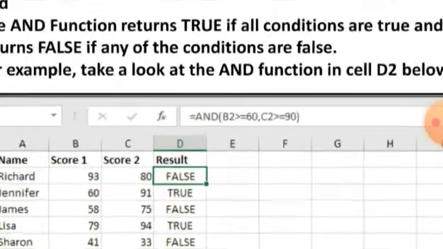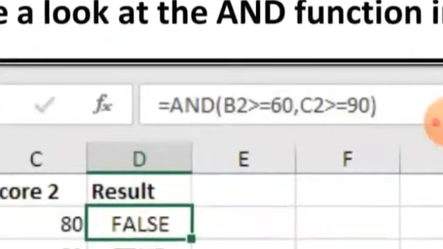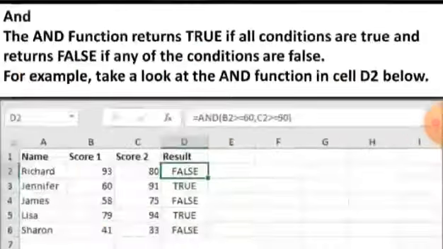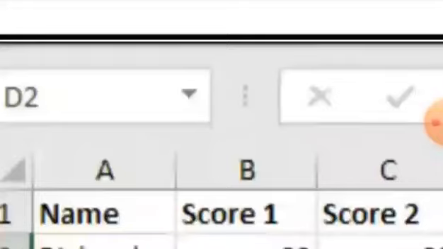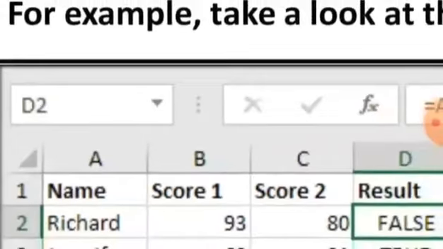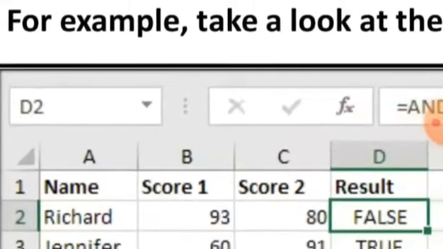You can see the function =AND(B2>=60, C2>=90). You can see in this example, Richard's score 1 is 93 and score 2 is 80. Richard does not fulfill both conditions. That's why his result is false.